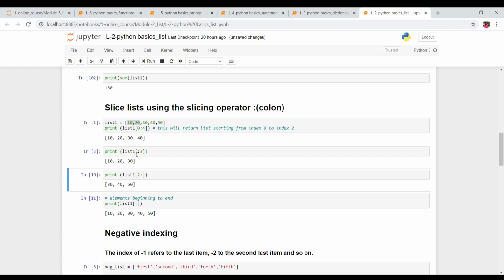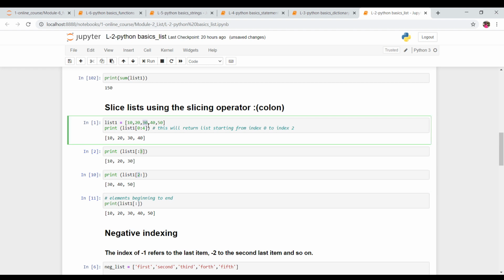Alright. So if you have the colon before the index, that means we want to get values before this index number. And if we have this colon, this slicing operator, after the index, that means we want the values which are after this particular index, right? 2 colon means now this 2 will get included. What is it? Index 2, 0, 1, 2. This 30 is at the second index location.